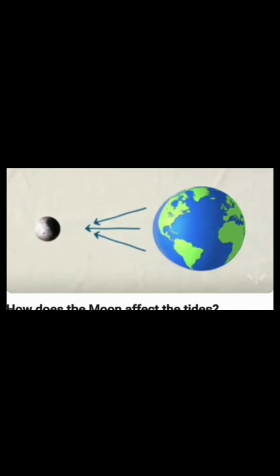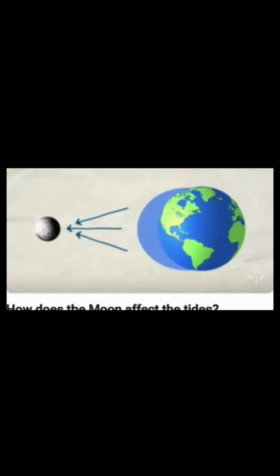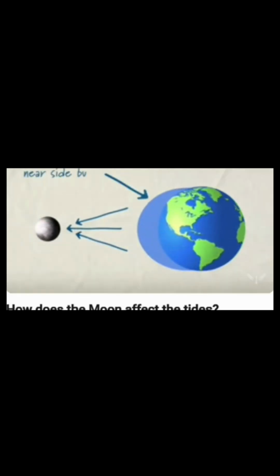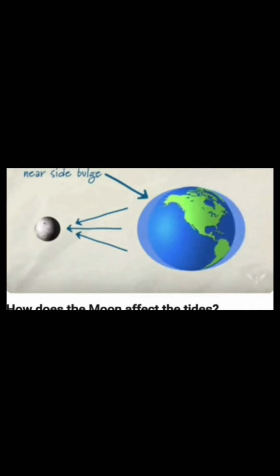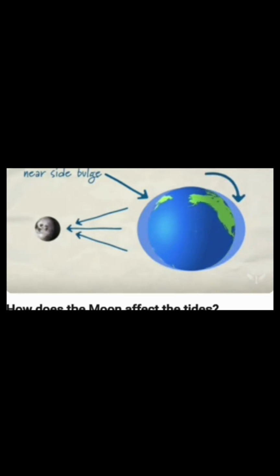The water at the point closest to the moon is pulled more strongly toward it, creating a bulge in the direction of the moon. Earth's body is pulled a little less because it's slightly further away from the moon. Finally, the water on the side farthest from the moon is being pulled the least, creating another bulge by lagging behind Earth. This follows the concept of inertia.